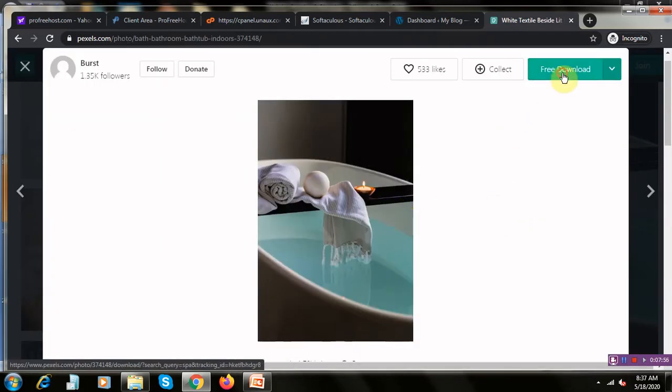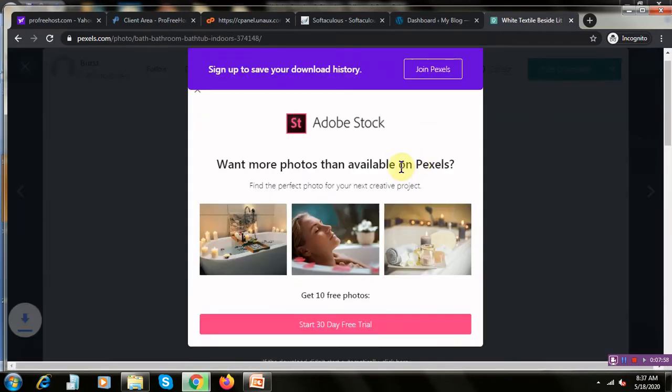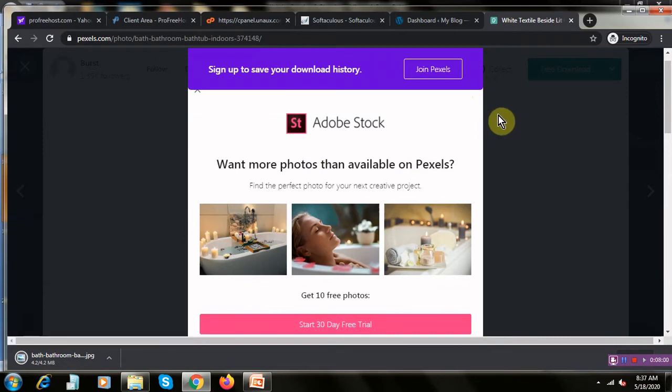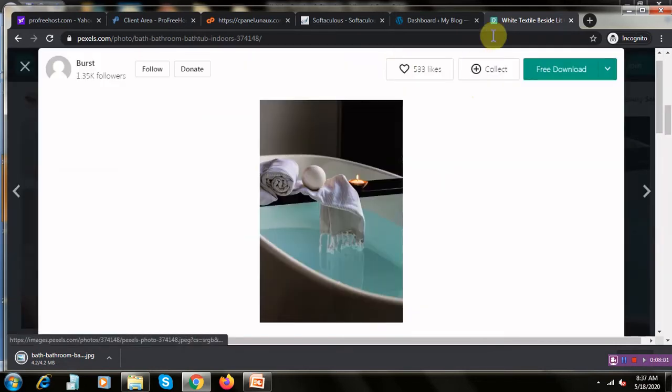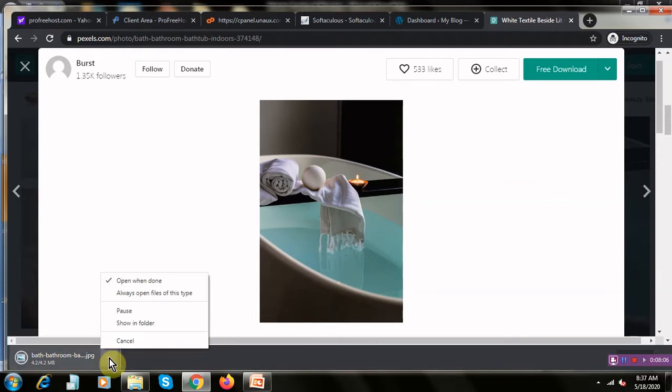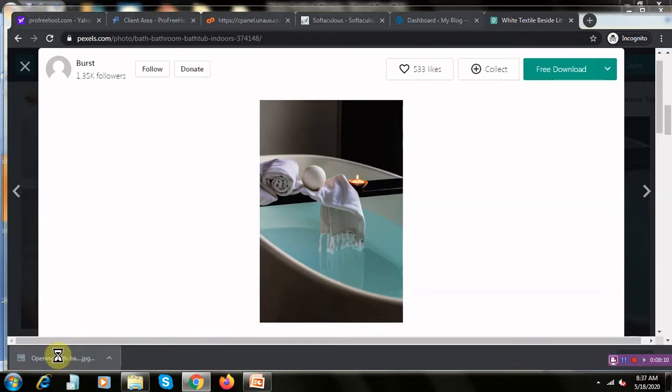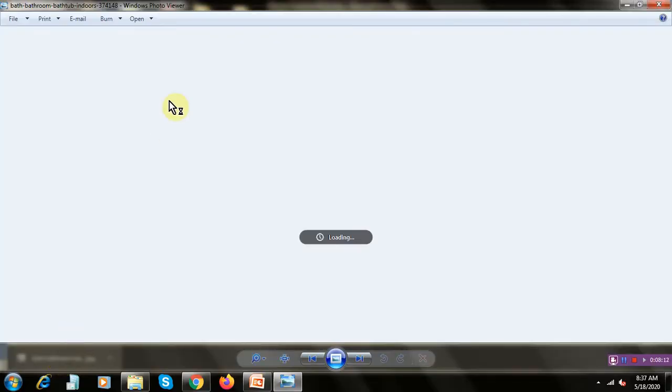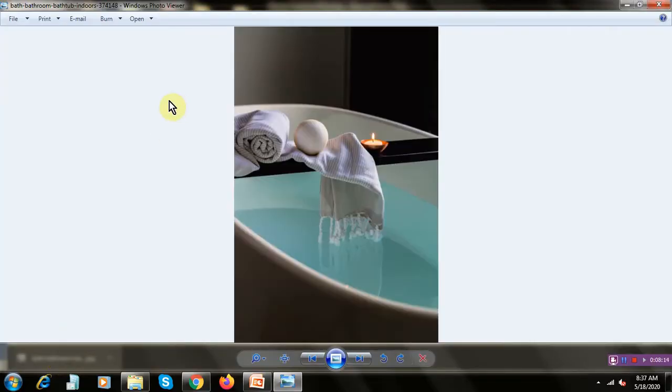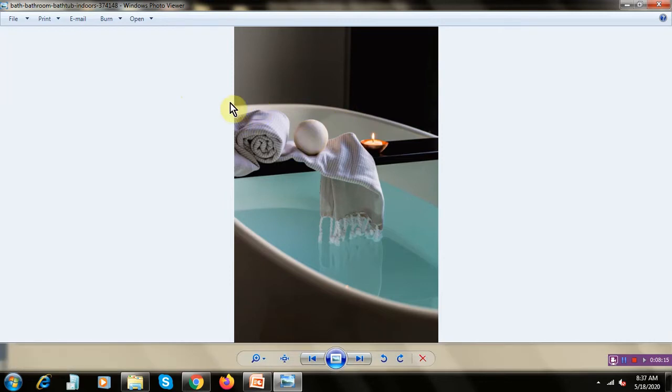So I'll go ahead and use this one. Free download. You can ignore this, it is already downloaded here. This is how you can download pictures with very good pixel quality.